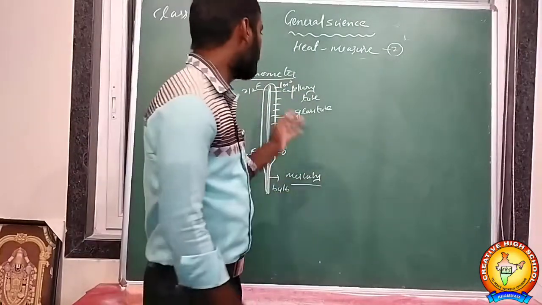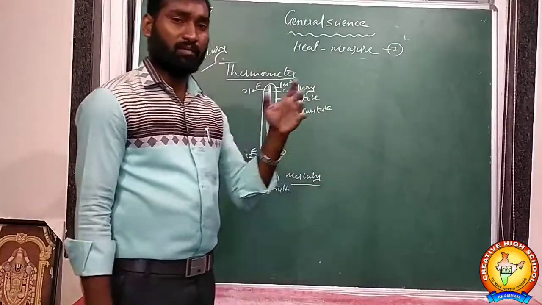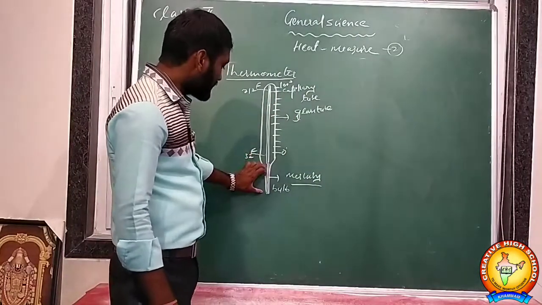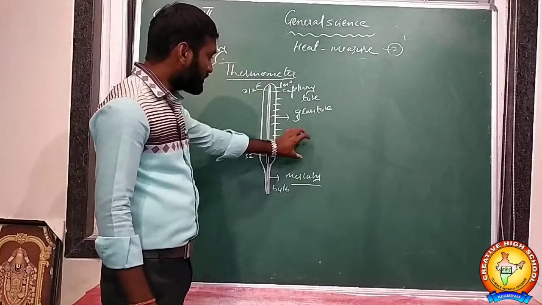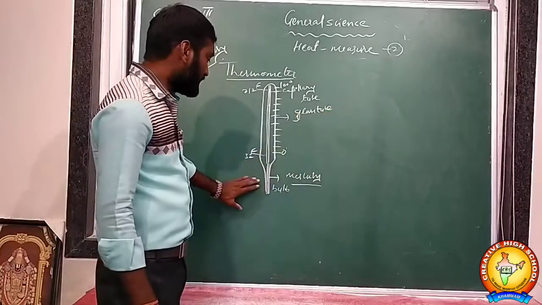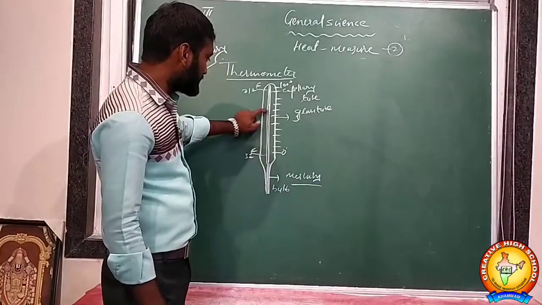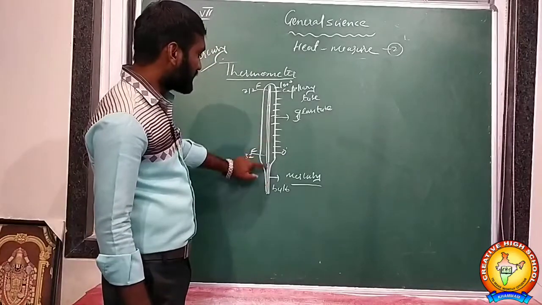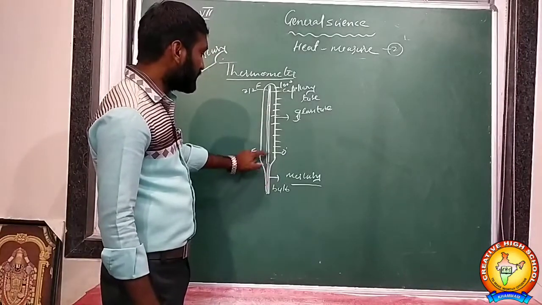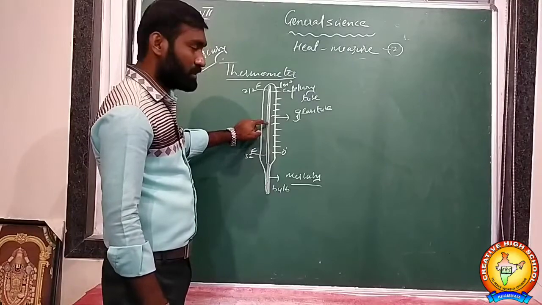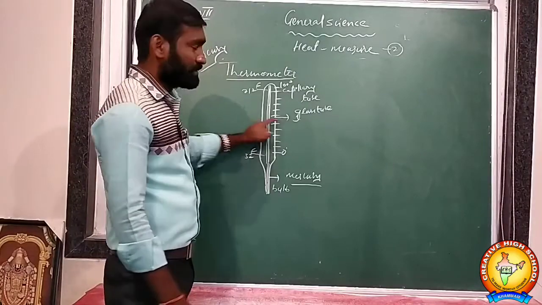Okay, this is about the mercury thermometer. This is a bulb. The bulb contains mercury. Whenever you place it on any object, you can make a measurement. You can place this bulb there. Based on the temperature, it will show the readings. The mercury will expand in the capillary tube. Based on where it stops, you can measure the temperature.